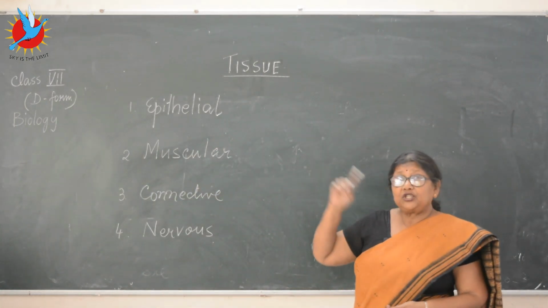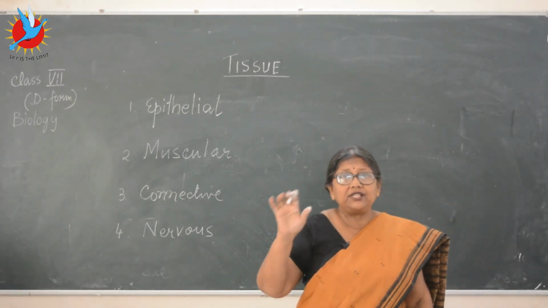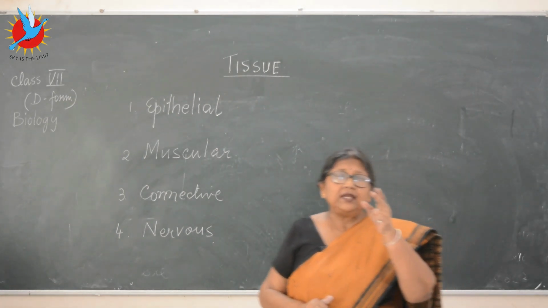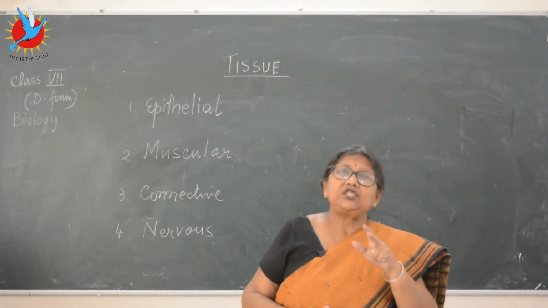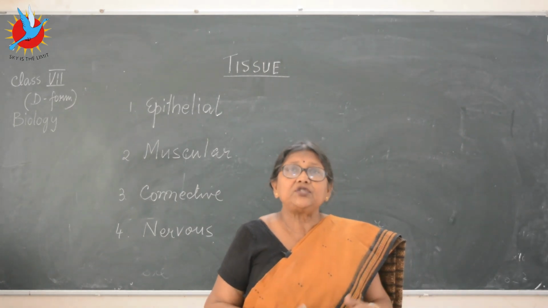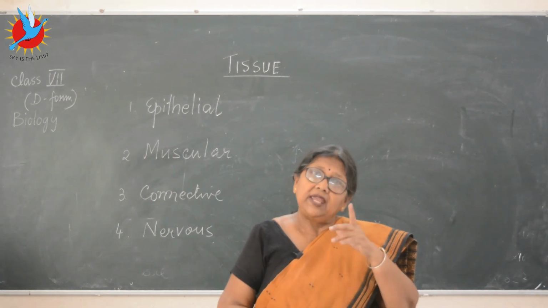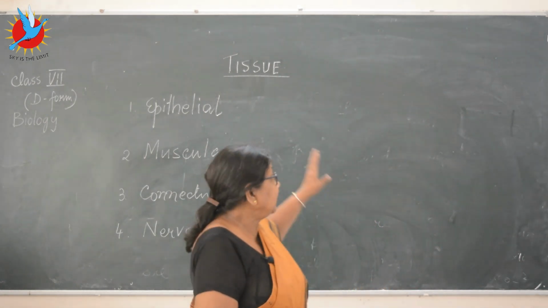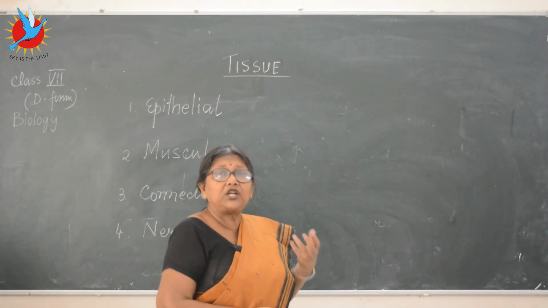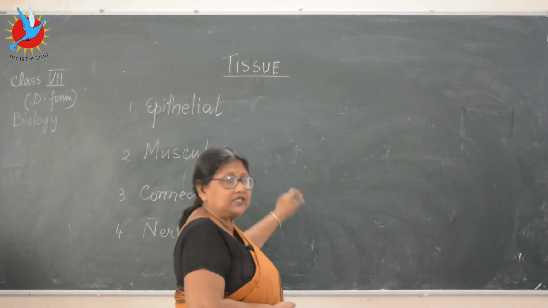Now, animal tissue, animal cell, you remember the diagram that we did with all the cell organelles. So that is clear to you. Now, we have already learned that all the cells together make the tissue. Tissues will make the organs, organs will make a particular system of the body, and all the systems together will make one individual. So now what are the animal tissues, which part of the body, according to the function, what type of cells do the function, the structure, everything we are going to study in this part.